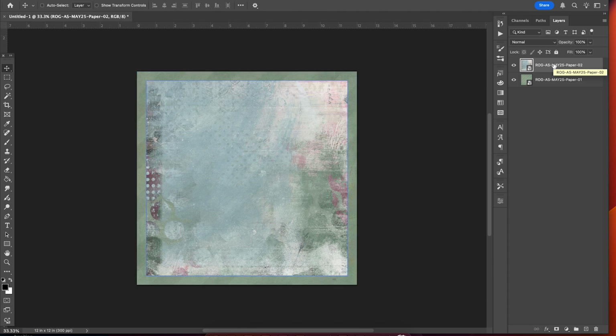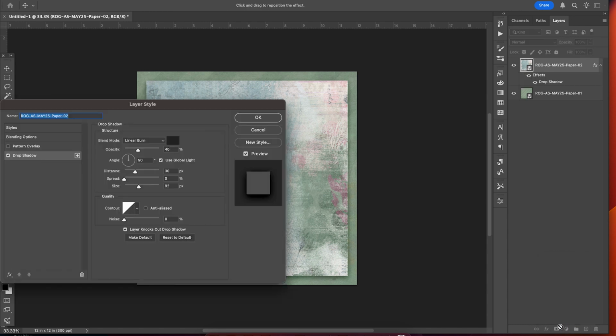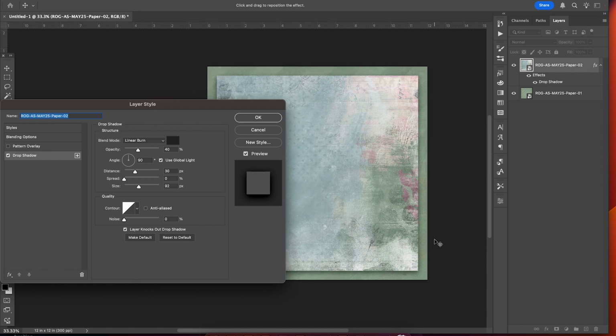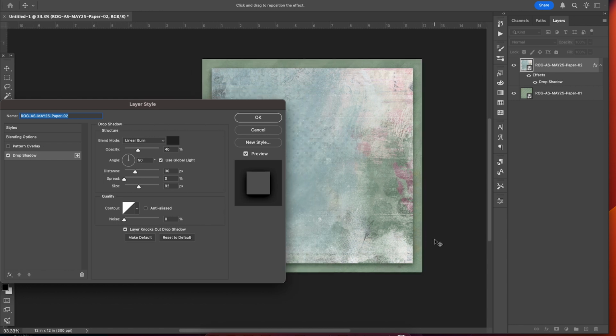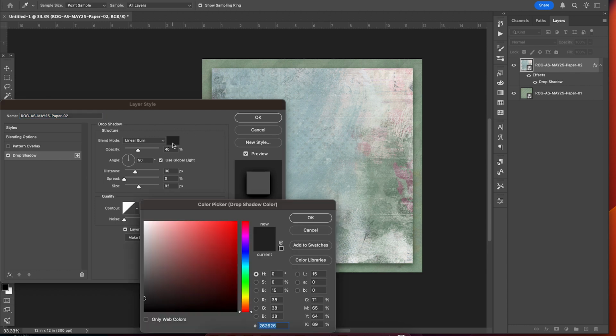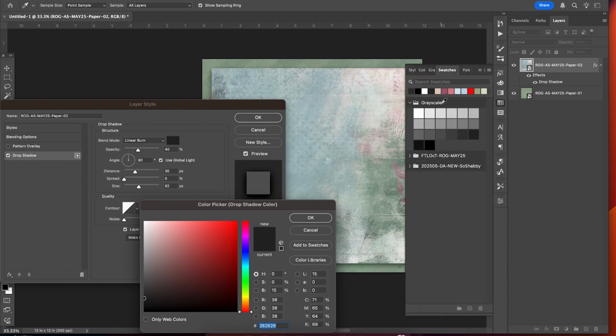From here, with the mixed media paper selected, I'm going to go down to the Add a Layer Style button, click on it, and select the drop shadow. Photoshop remembers the last settings I used, and I tend to keep shadows soft. I tend to use linear burn and a dark gray color. I pull the color from the grayscale swatches. I tend to use one of the dark charcoal grays,